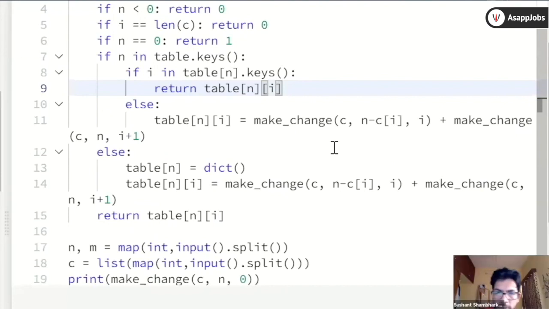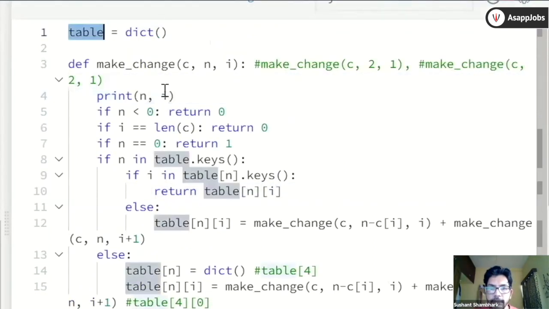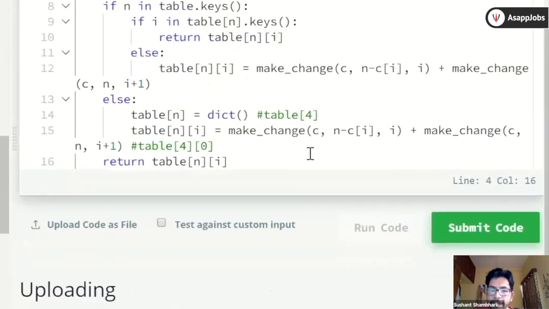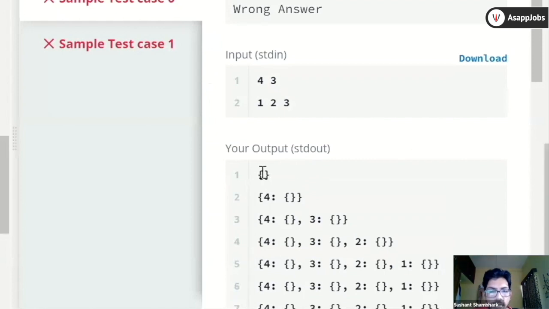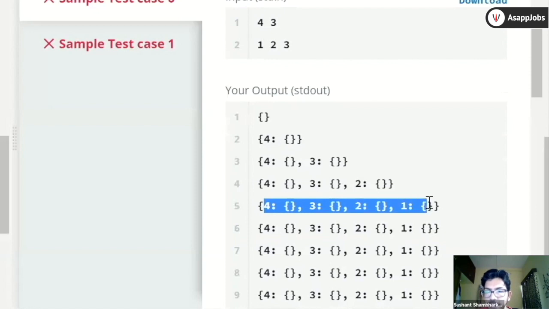Okay. Yeah. Sure. What I can do here is print this table. Let's see how this table looks at each recursive call. So at the first call, the table was empty. Then it got built with only one key as a 4, but the dictionary inside a dictionary is still empty. So it will keep on building the empty dictionary till it gets all these coins.